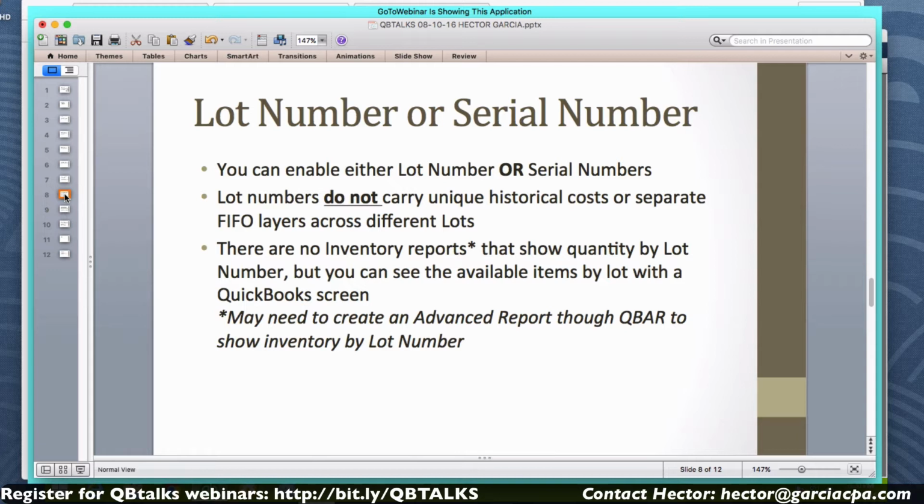The other restriction that you have is there are currently, as of QuickBooks Enterprise 2016, no inventory reports showing quantity by lot number. So you can track the lot numbers, and there's a screen that tells you exactly what's on each lot. And you can go product by product and see what lots are available and that sort of thing. But you cannot have an overall report that shows me all my inventory items and their lots and their quantity by lot. You would have to create an advanced report using QBAR, QuickBooks Enterprise Advanced Reporting, to show something like that. So that's another really important piece to keep in mind, because most people assume that report is there,